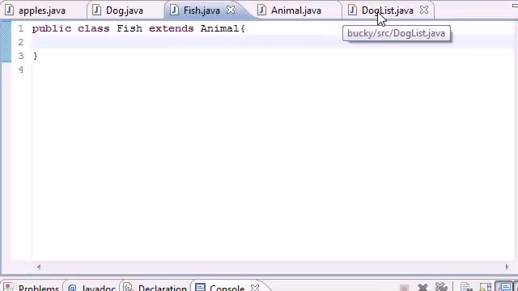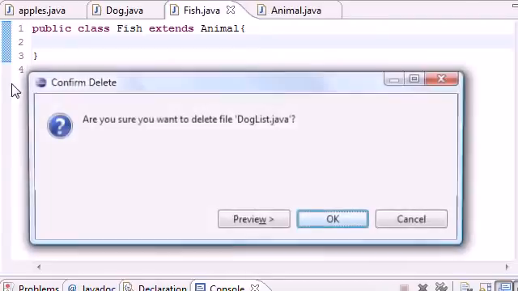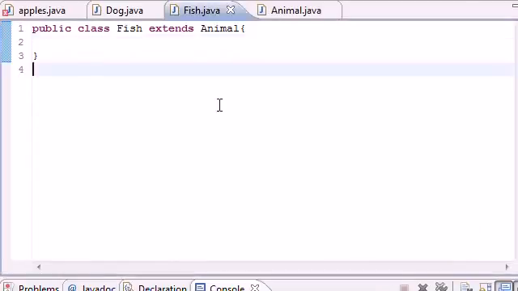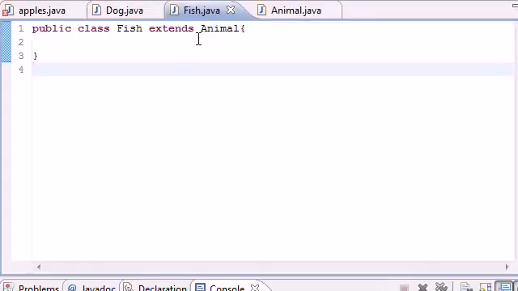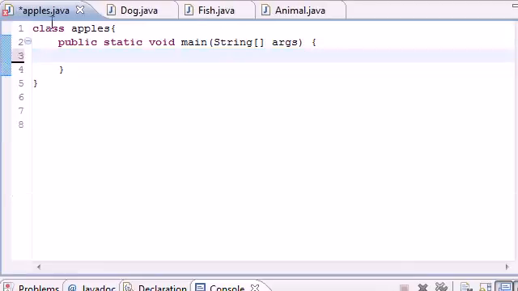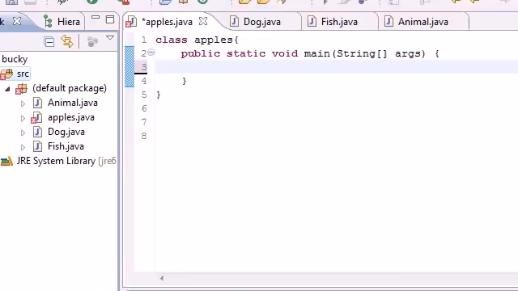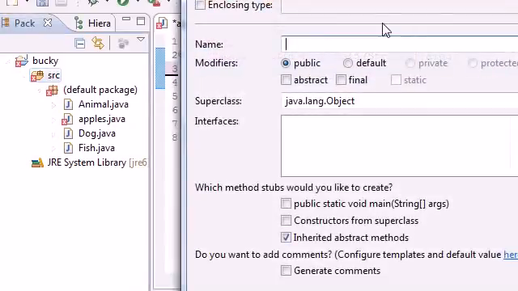So how would we do that? Well, this dog list is nice, but let's go ahead and delete that right now. Delete and OK. So instead of just creating a bunch of different classes to hold objects, let's go ahead and make one final thing, and we're going to name it animal list. So let's go ahead and delete everything out of our main, or whatever your main method is. And now let me get rid of that error. And now let's go ahead and create a new class by right clicking source, new class, and we'll go ahead and name this animal